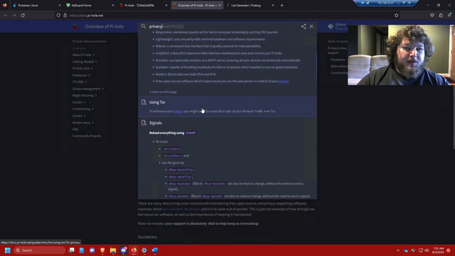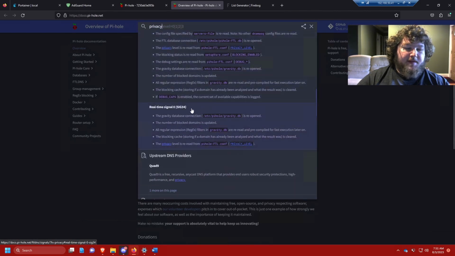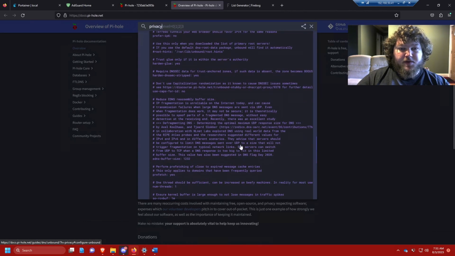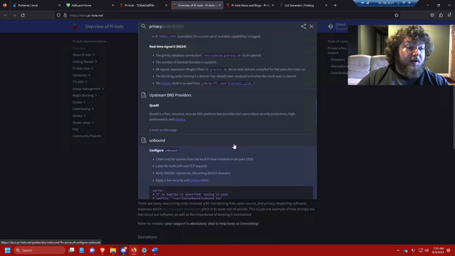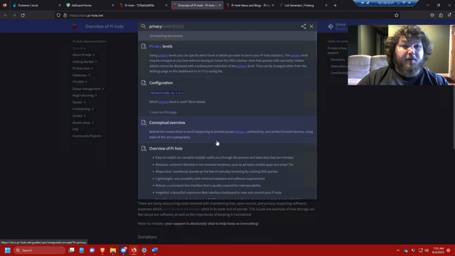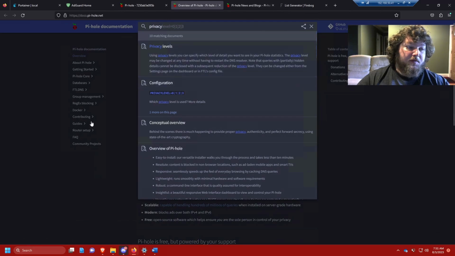Like I said, it's open source, it's community based, so it's not like how a company has the benefit of gathering data on you and selling it, whereas the community isn't going to. I could be wrong, Pi-hole might collect your data and sell it. It might be a feature they have, but I can't find it right here directly on this article, so